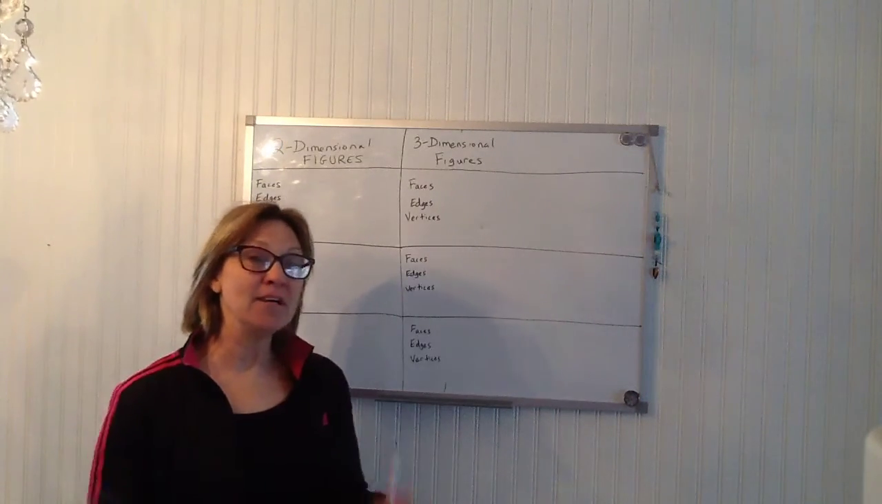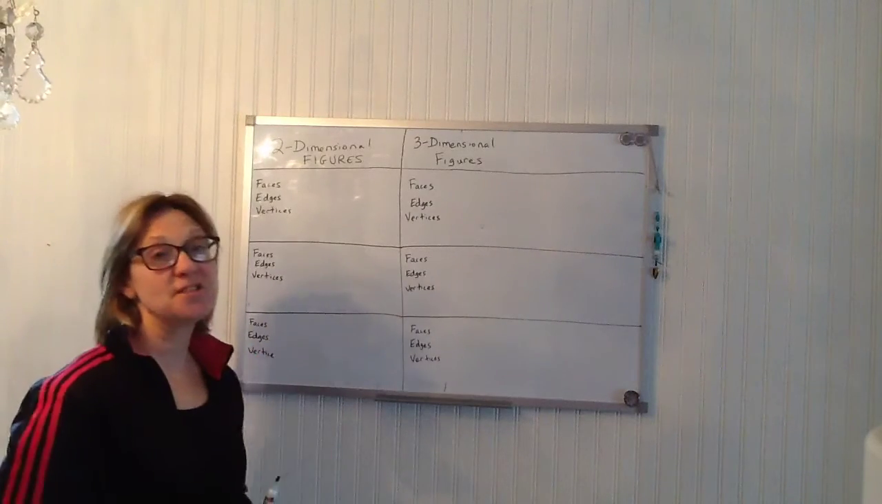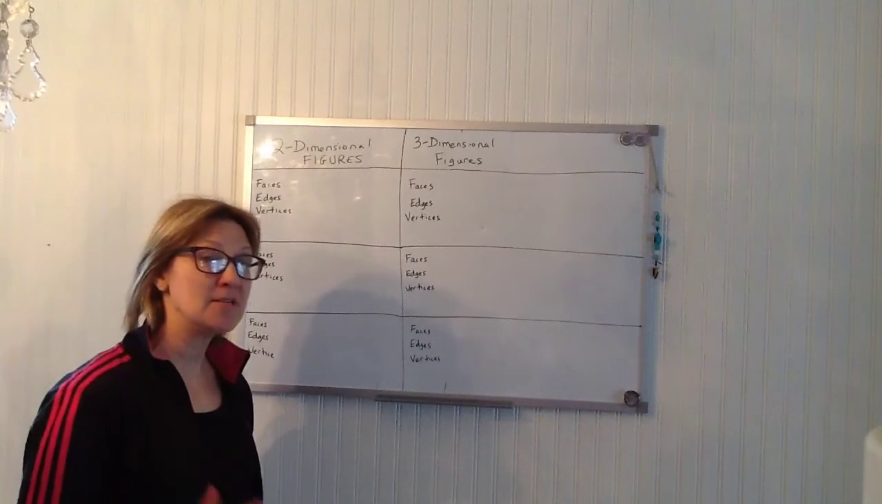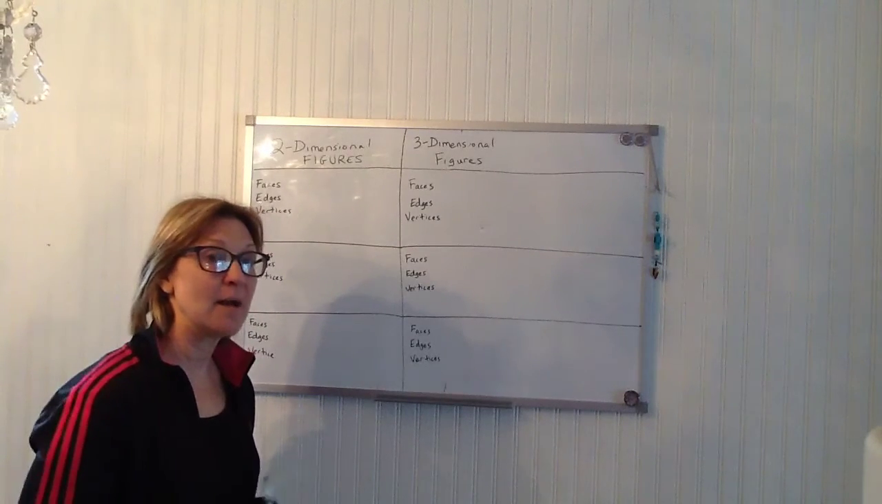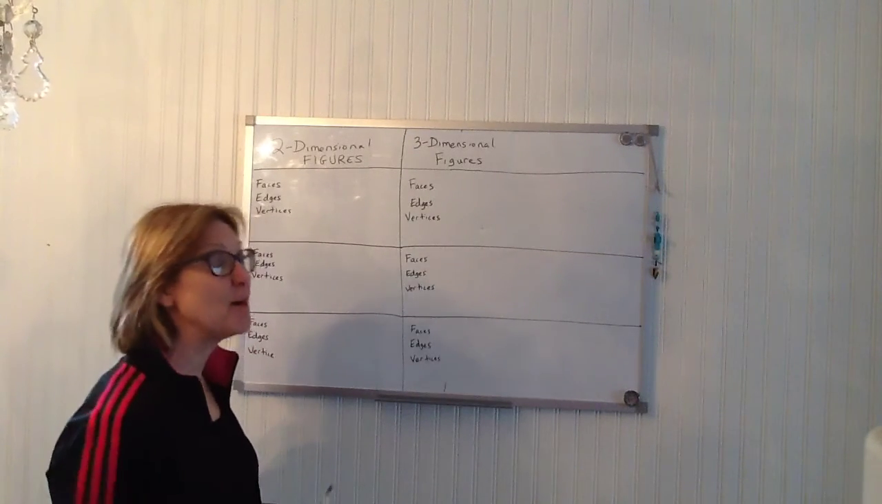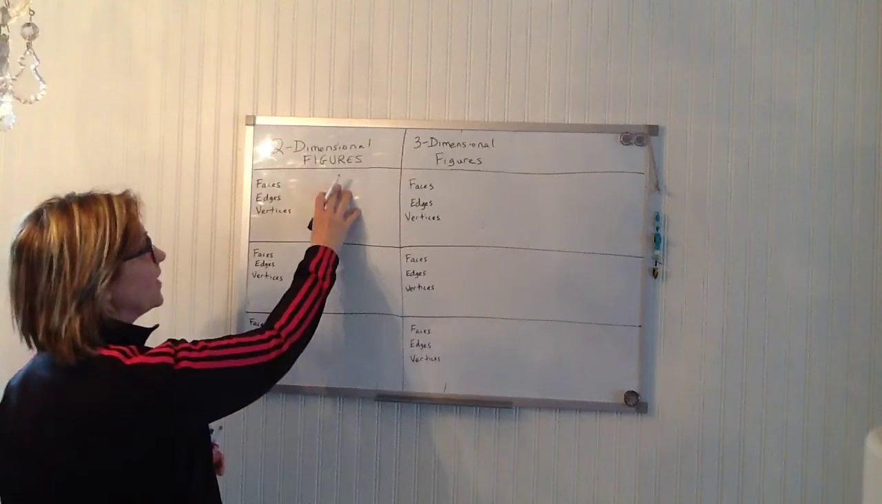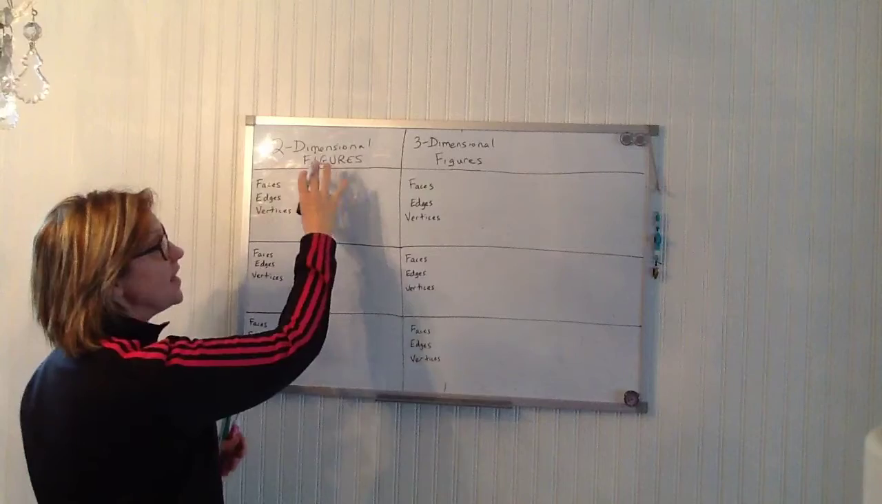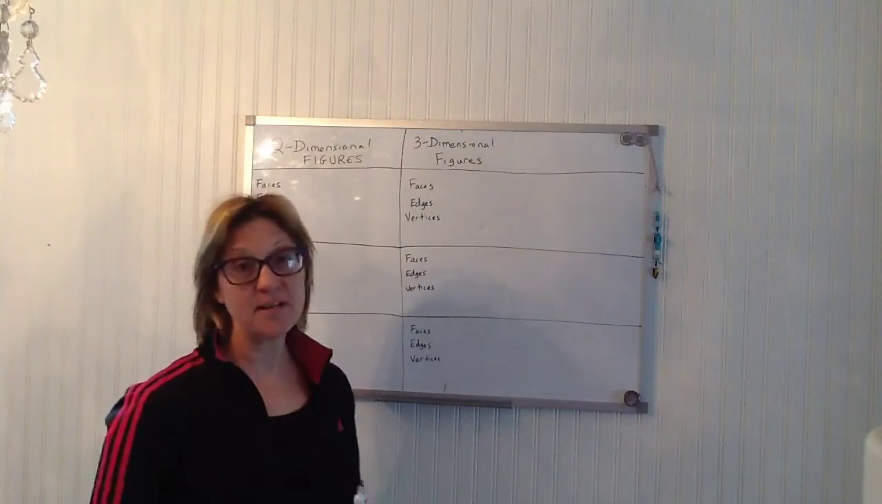Hi, I wanted to show you some faces, edges, and vertices as I draw them out to give you a better visual of what these things are in our polygons. So when I talk about them, you'll know what I'm referring to. So I'm going to start by looking at two-dimensional figures, and then we'll transfer that information to look at three-dimensional